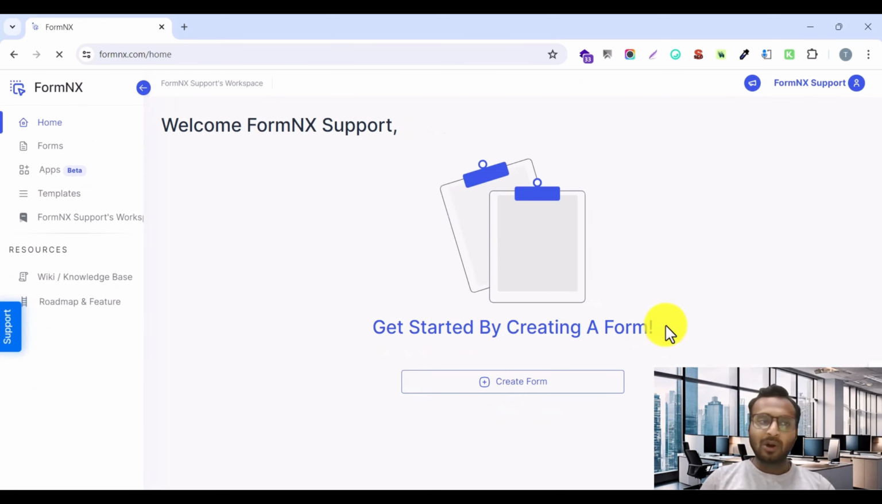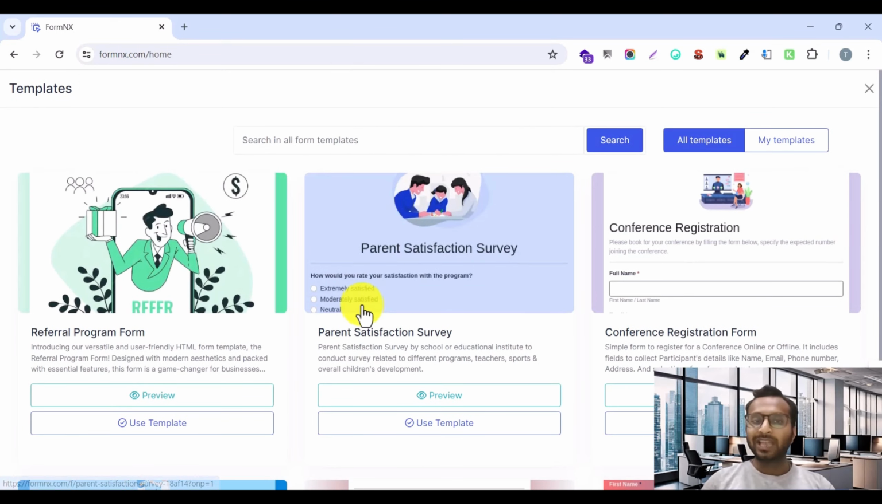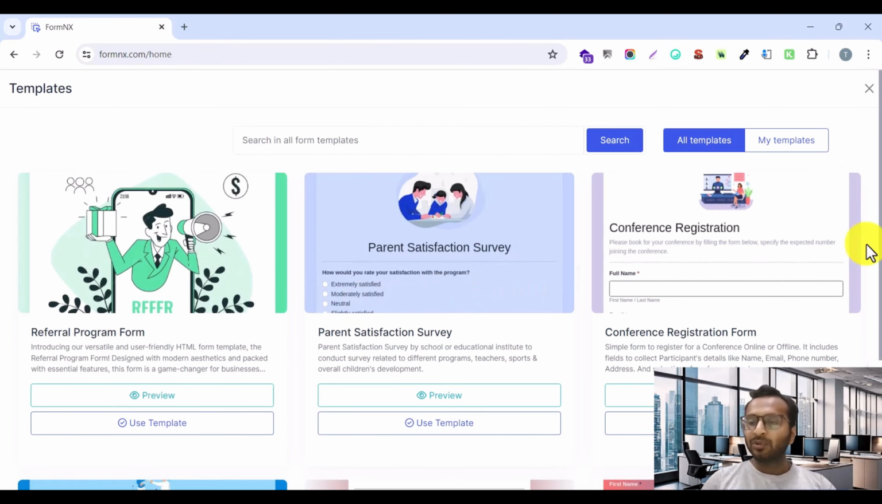Inside this create form button, you will be presented with 4 different options, but the easiest option is to use a template. So I will click on use a template, and here I will be able to see all the templates globally available inside the application, or also the templates created just by you. I will click on all templates, and let us create a template for a yoga class registration. I will search yoga here, or if you are looking to create a course registration template,